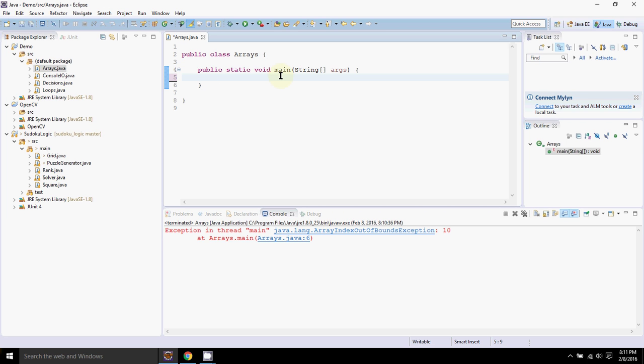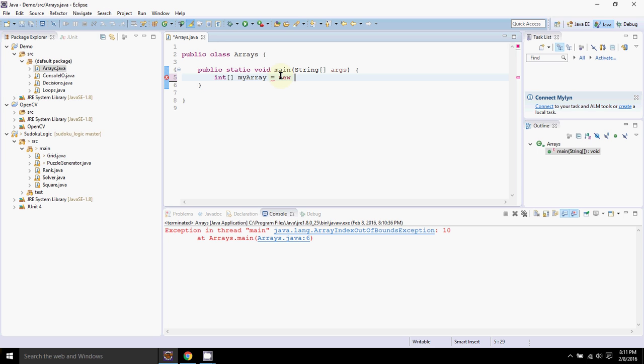So we saw with loops how repetitive tasks can be made easier, but that didn't really solve the problem of repetition in terms of data storage. Arrays give us the freedom to keep track of an arbitrary amount of variables and put them all in one place. So let's say I want to have 10 integers, but I don't want to actually declare 10 unique variables for those. So I can use an array,